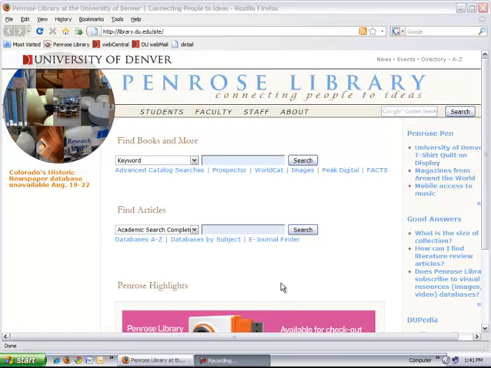Now we're going to start getting into some of the wonderful historical resources available here at the Penrose Library. There are so many, especially in terms of primary source, digitized collections. It's going to be really tough for me to choose just a few to show you. But before we get into the primary source databases and materials, I do want to show you America History